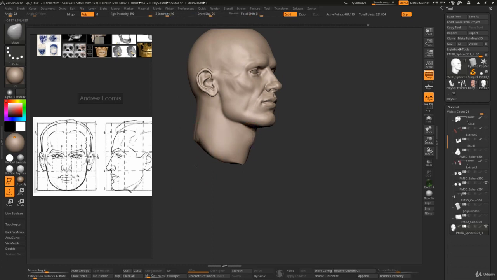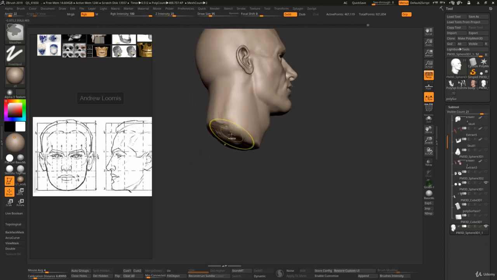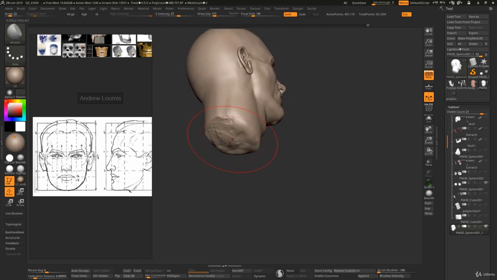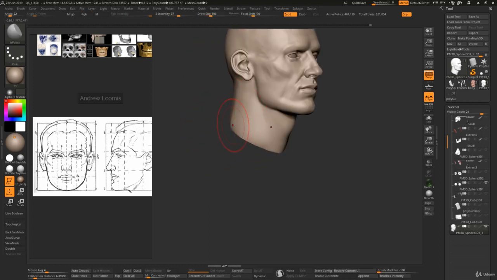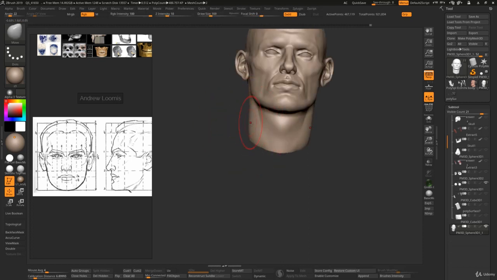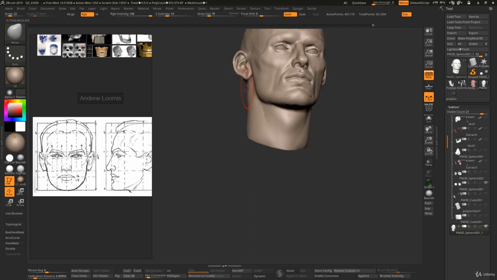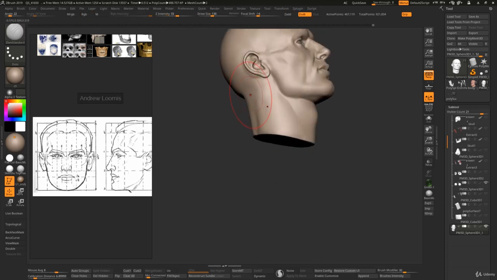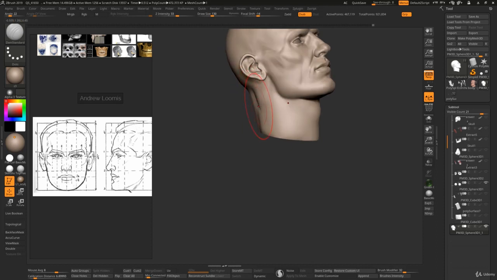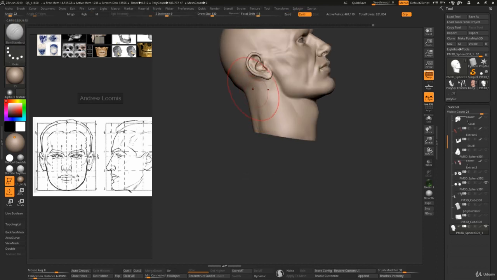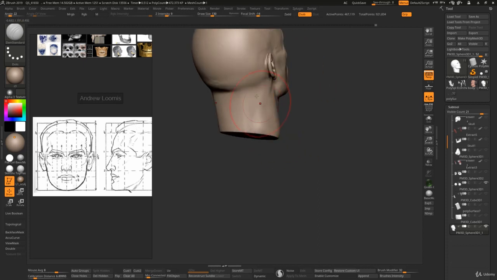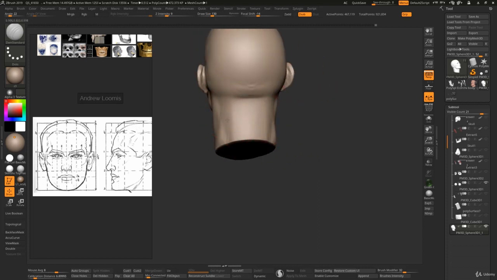Let's draw just a little bit the shape of the neck. Here I can use the Polish brush just to make a proper shape for this base of the neck, because once we do the torso, we will make the neck properly. So just so we don't have the head very floating. And here we can use the Standard brush to make just a little bit of information for the neck,